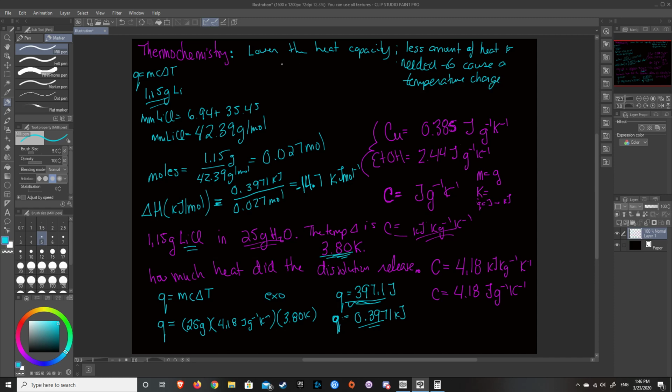So with a very low specific heat capacity, a small amount of heat can cause a massive change in temperature,